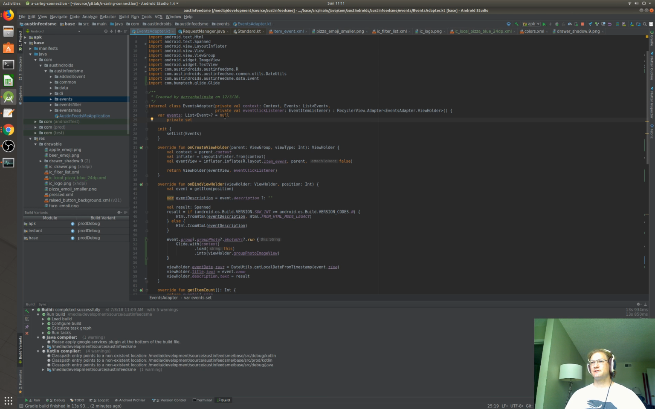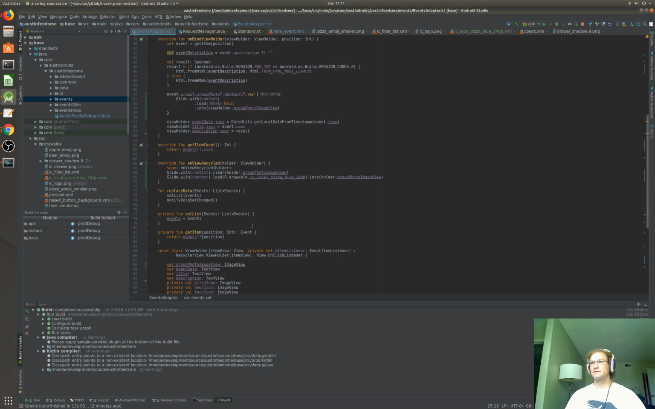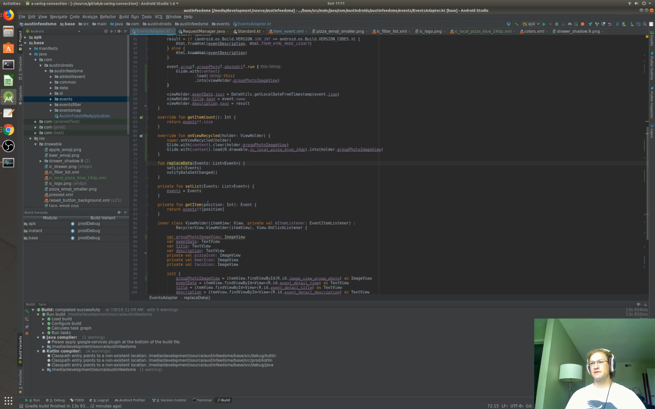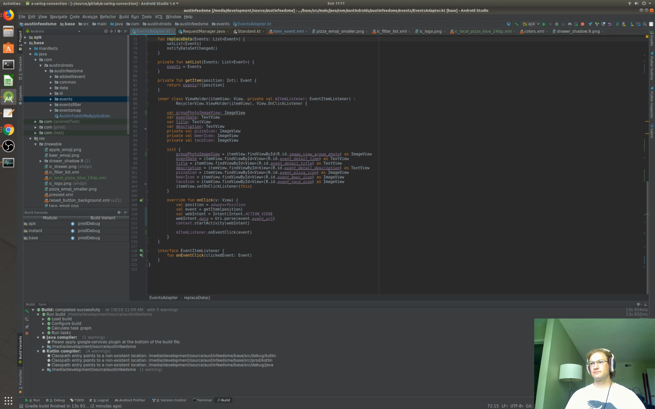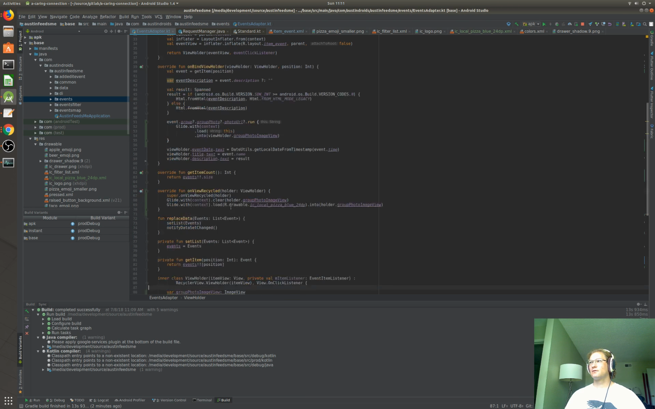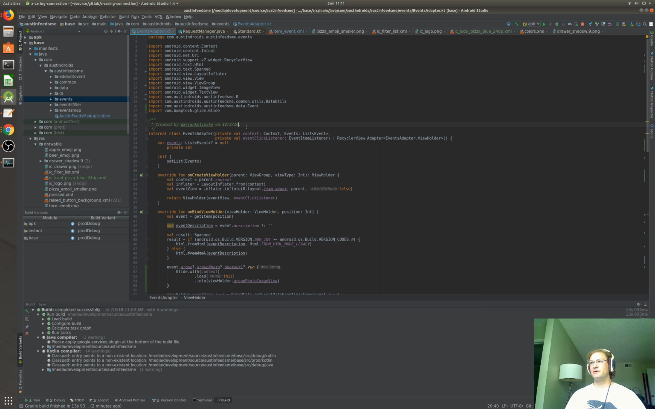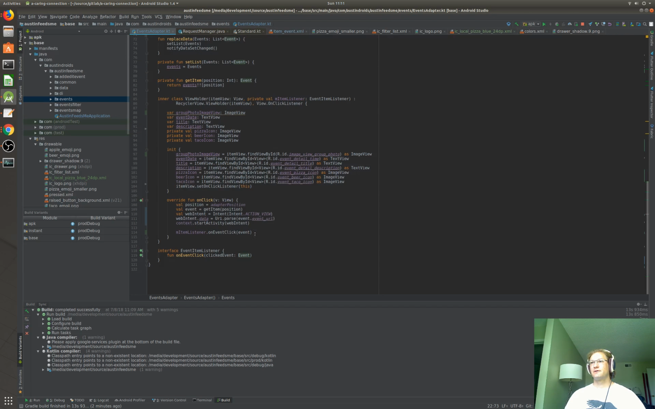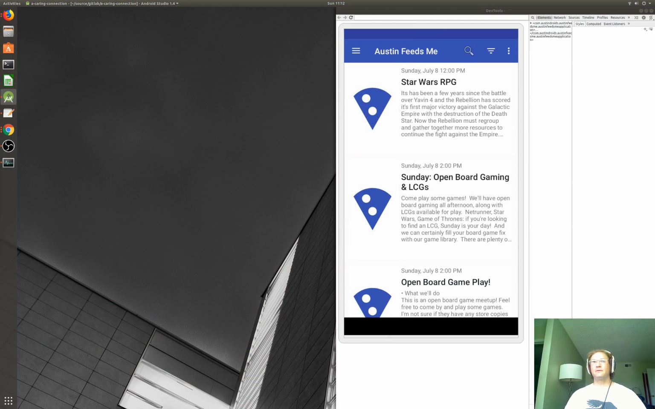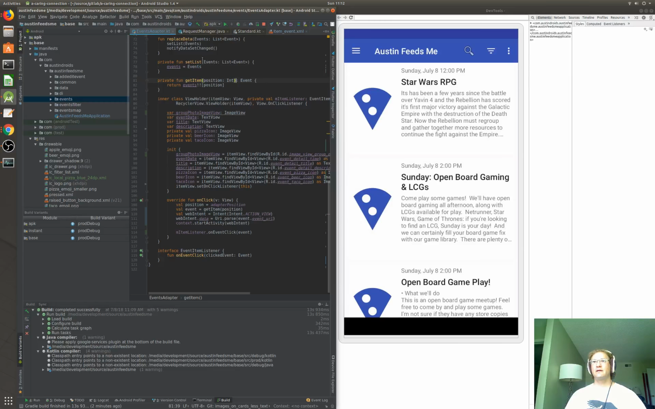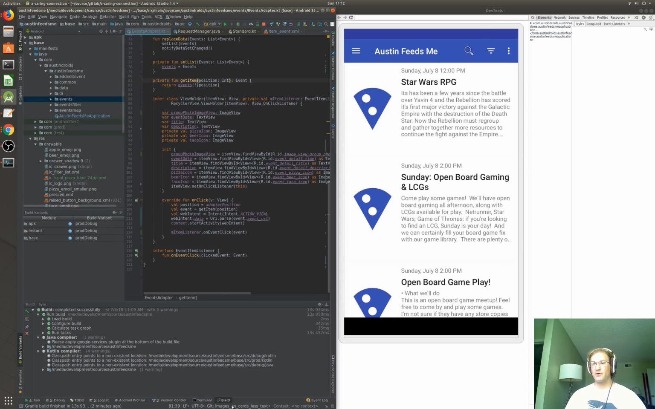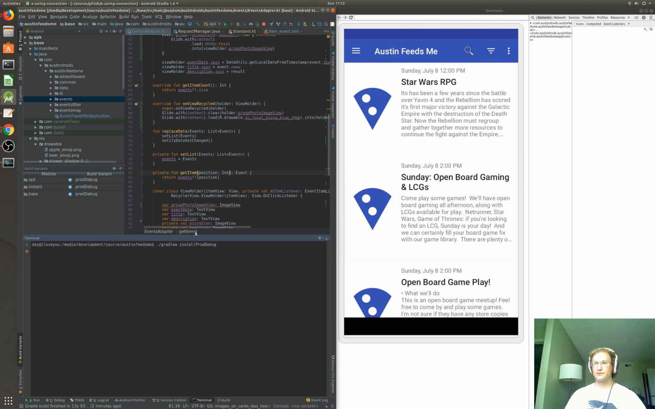This is an interesting syntax here. I'm going to need to look at what that is. I'd really like this to be replace event, so we'll probably do that later. Set list, get item. So there's some definite cleaning we can do here. This is not the cleanest code, for sure. But let's go to the Eventbrite API documents and see how we can add basically photo support to our Eventbrite